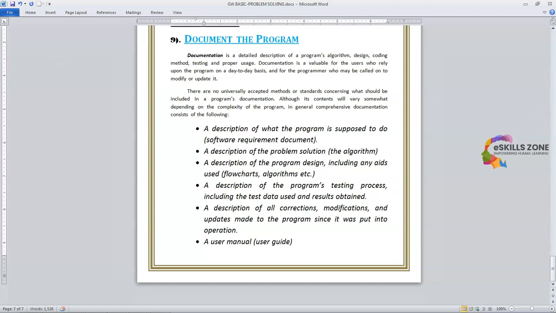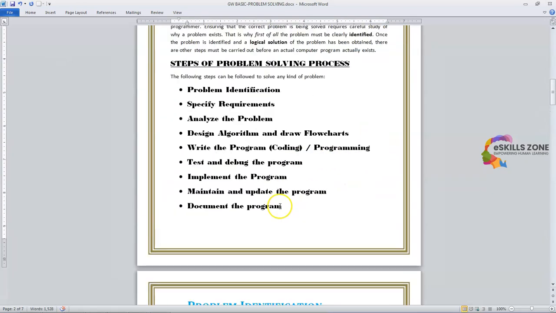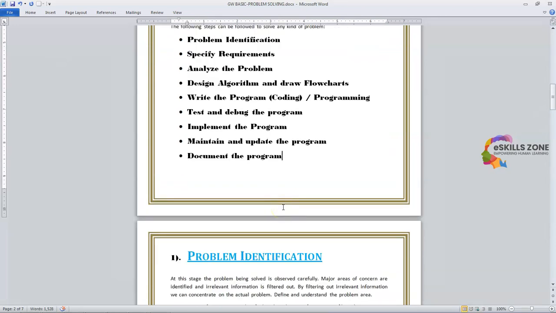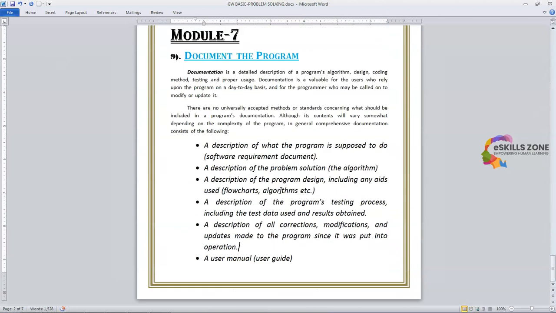So first we discussed document the program, which is the last phase. It's very important to note that this is the last phase of the problem solving process. We have discussed all these steps one after another, and very technical points need to be given attention while solving a problem. So that was the last one, document the program. Documentation should contain all the software documents, algorithm, flowcharts, test data, testing process, and the correction, modification, debugging. A proper user manual, a user guide should be prepared